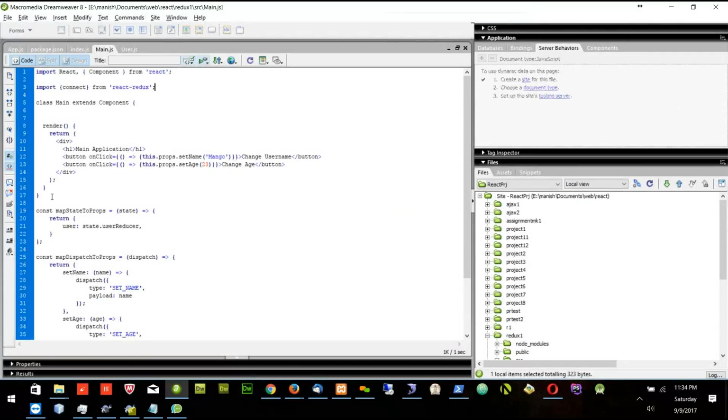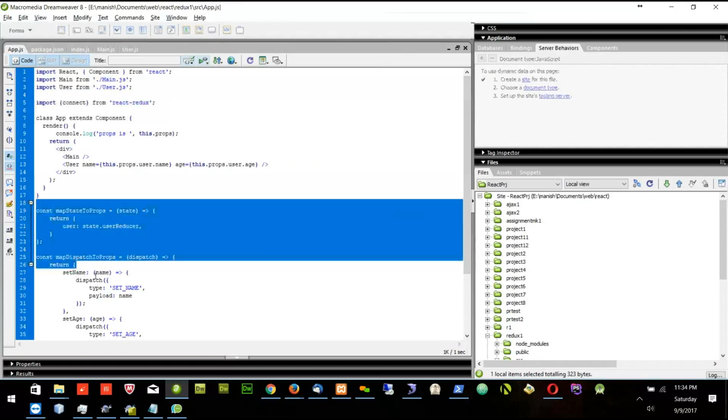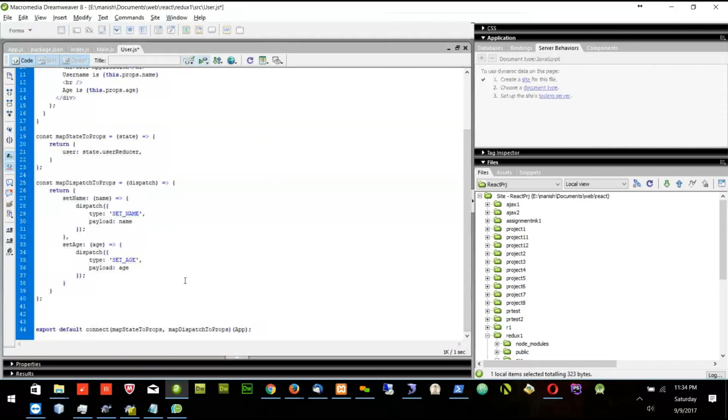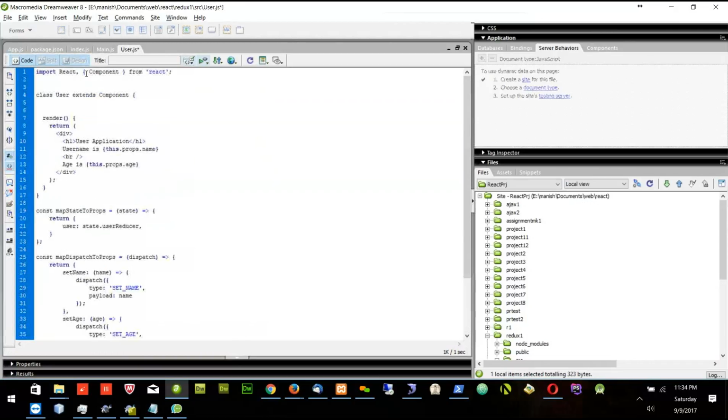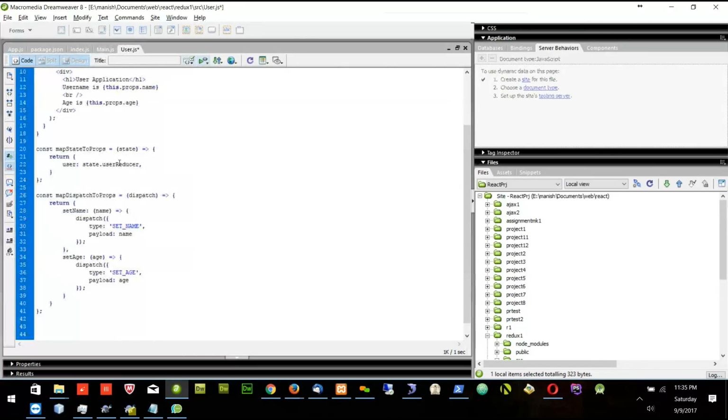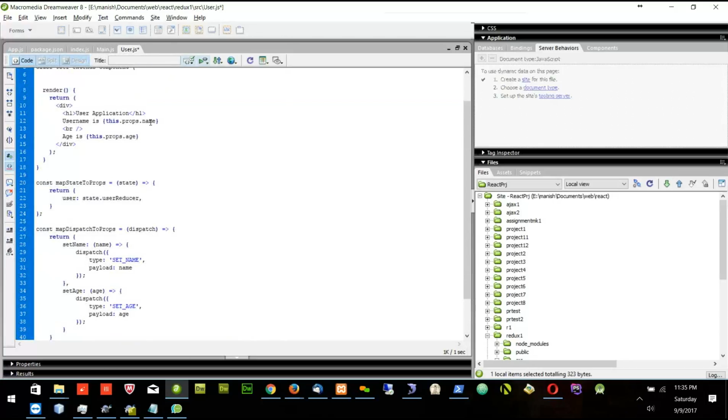So let's say now if I copy this part in the user one, I will import this part here, and instead of displaying here, I can display as user dot name, because it will come from here. I can say user dot age will come from here,